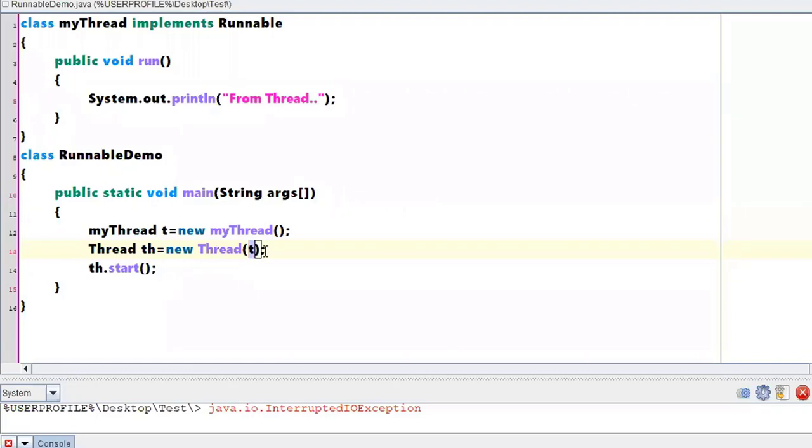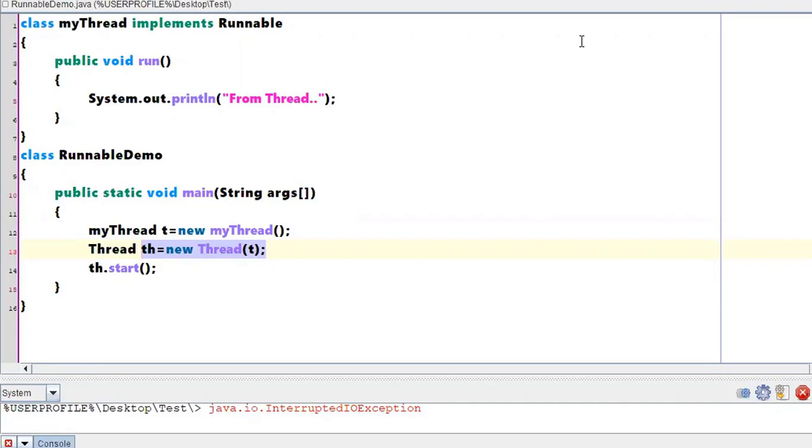Here you are indicating that th is not a normal object of the Thread class, rather it is of the type of this particular t, which has the run method. So you want a thread which has that run method property. What if we write t.run?